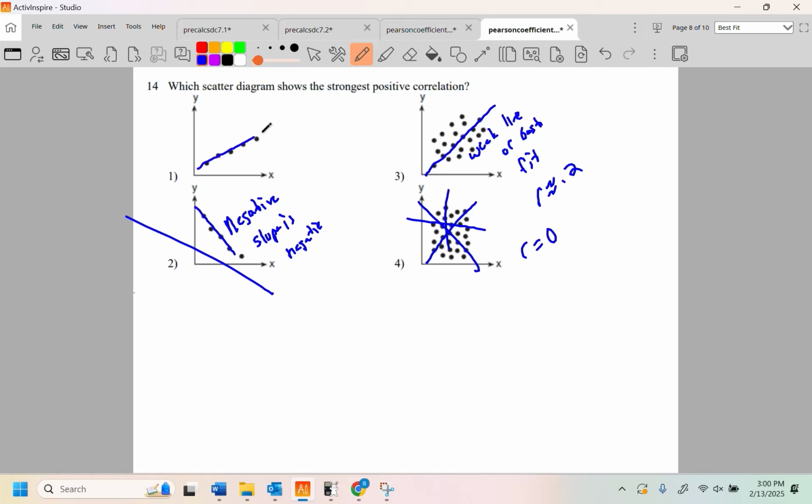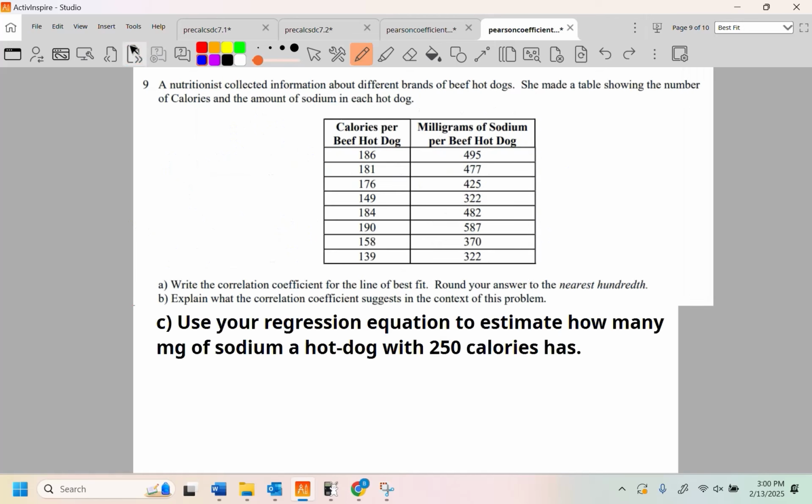It's this one. We have a nice, good, best fitting line. And we're going to have a strong R value. And it will be positive because it's uphill. So it's choice 1. And I'll try to explain some of that here on this slide. I'm going to spend a little more time on this one than you care to, but I'm going to do it anyways. All right, use your regression equation to estimate how many milligrams of sodium a hot dog, oh, sorry,